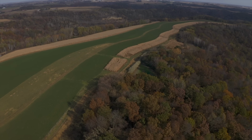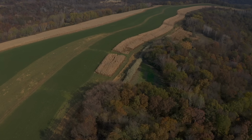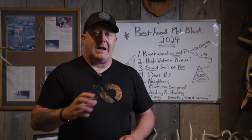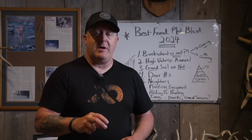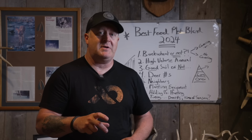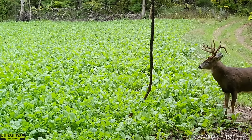A holding plot holds deer until dark. So you have to determine, and a holding plot should be at least 3 to 4 times larger than that hunting plot. It should have more diversity. So I want deer going through a small clover plot that might be down to the dirt, but deer and bucks have been relating to it for months at a time during the summertime. It's just part of their daily movement on their way to that holding plot where they actually feed